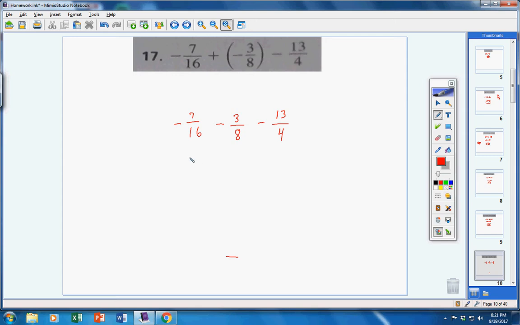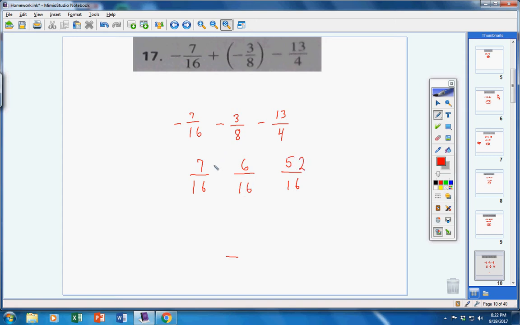Now let's add these up. A common denominator for 16, 8, and 4 is 16. So the 7 stays a 7. 8 goes into 16 twice. 2 times 3 is 6. 4 goes into 16 4 times. 4 times 13 is 52. Now,